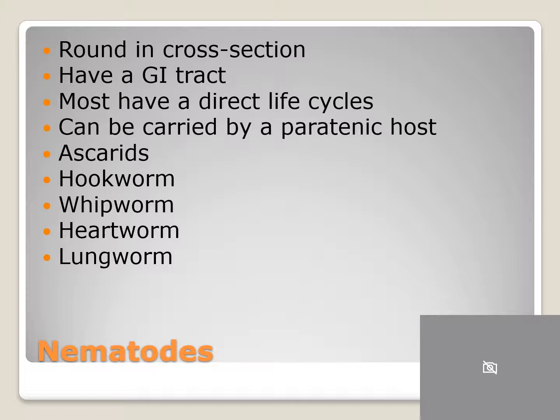Nematodes, or as we commonly term them, roundworm. They are round in their cross-section. They have a GI tract, and most have a direct life cycle. They can be carried by a paratenic host. The roundworms that you need to be familiar with are our ascarids, hookworm, whipworm, heartworm, and particularly relevant at this point in time,